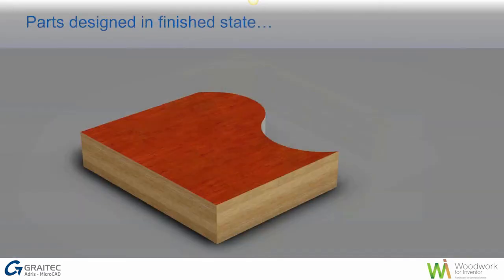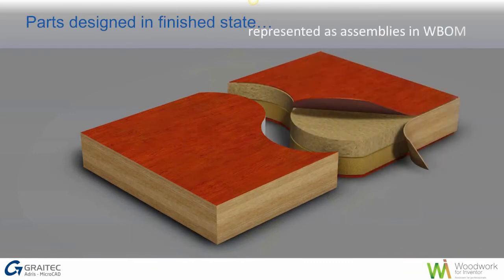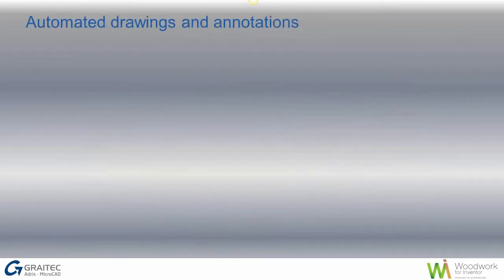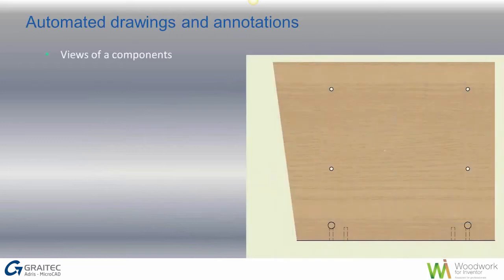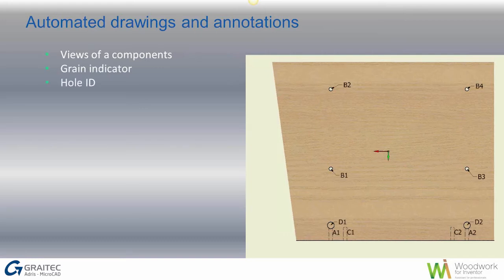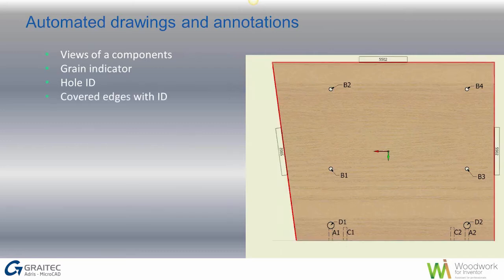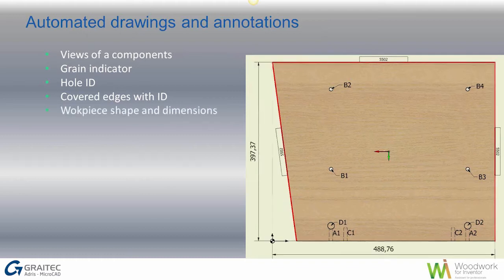So other things to bear in mind: parts are designed in the finished state, so it speeds you up. Once you've got your model done, you can generate drawings automatically. So you've got views of the components, grain direction indicator, you've got a hole ID automatically put in there, edges which may have edge banding or coverings get given an ID to identify them quickly. And you've got your workpiece shape and dimensions,